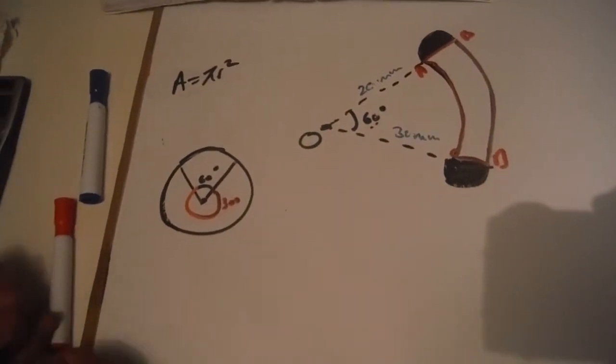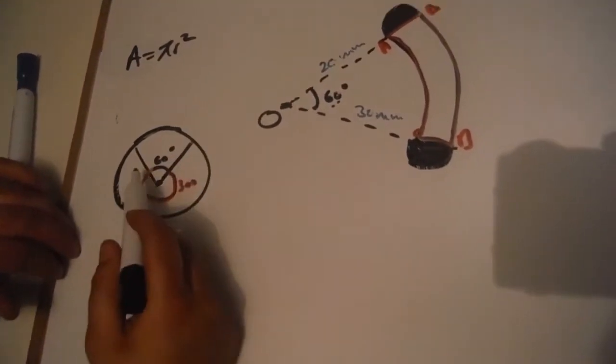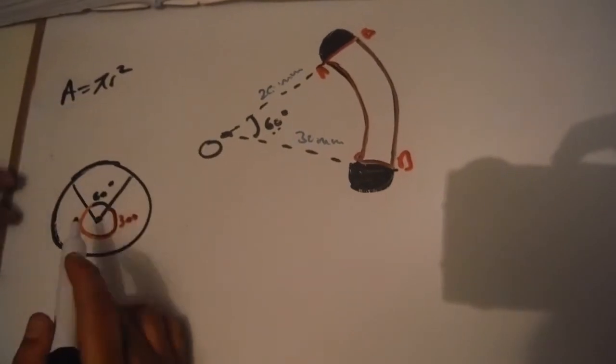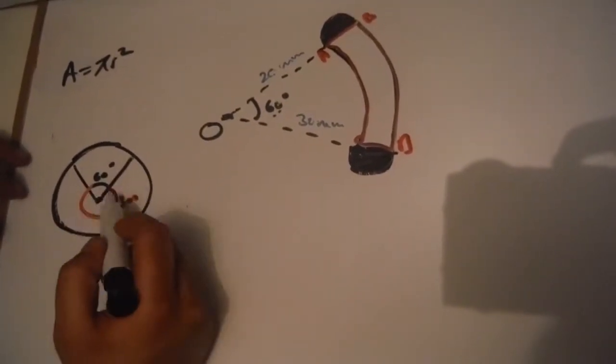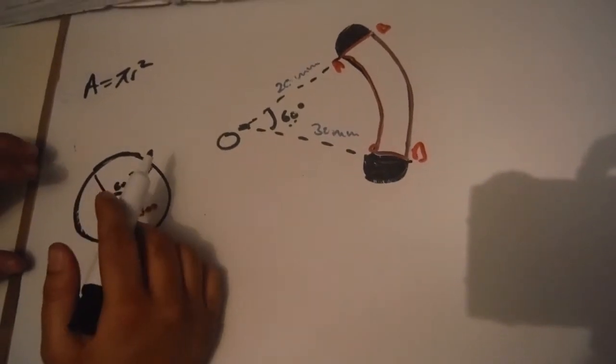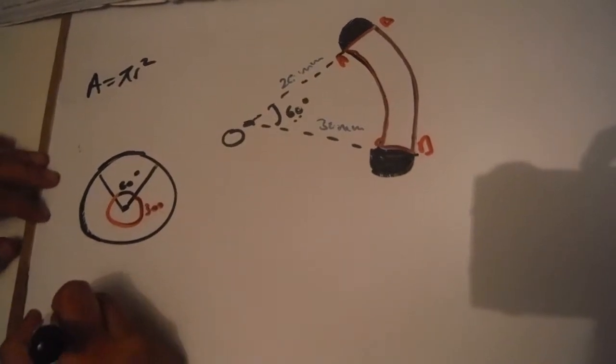We know that the full turn is 360 degrees, so if we wanted to find out the area of a circle, we use pi r squared, but we only want 60 degrees out of 360 degrees. So just keeping that information in mind, you can actually work out the area of this sector. So how we go about this is actually,